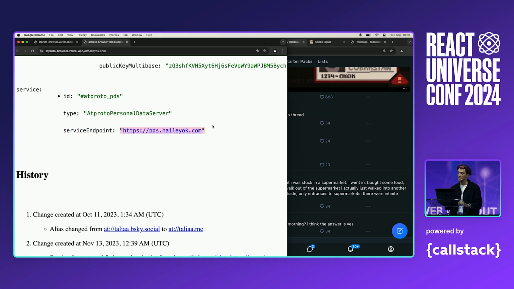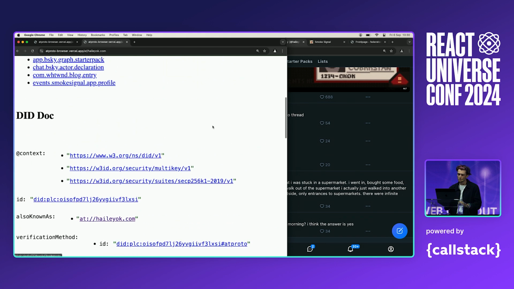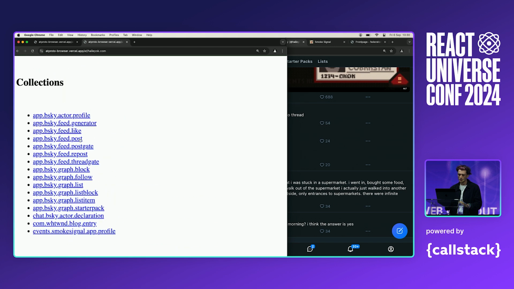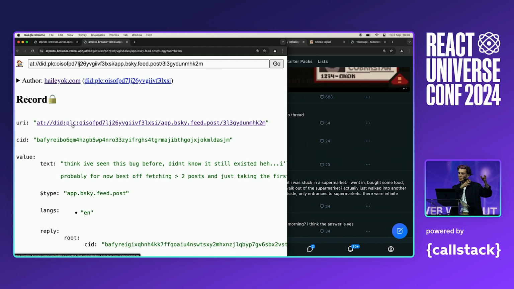In this case, you can see that Haley actually hosts her own data on her own server. So she runs the Docker container that we distribute, and I'm talking to Haley's server now. Here are Haley's posts. Again, my information is in my repository, and Haley's information is in Haley's repository.